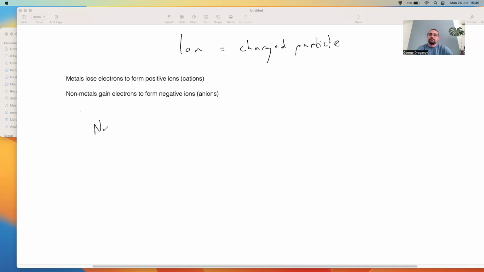So let's take sodium. It has 11 electrons. So its electronic configuration will be 2, 8, 1, like in the previous lesson. Now, the ultimate objective is to have a full outer shell. So to have a full outer shell, you could add 7, because the third shell is allowed to hold up to 8 electrons, or you could just lose 1. So you always go for the more favorable outcome. In this case, you lose 1 electron. Therefore, sodium will get a charge of +1, and it will be 2, 8 in square brackets with a plus, because the 1